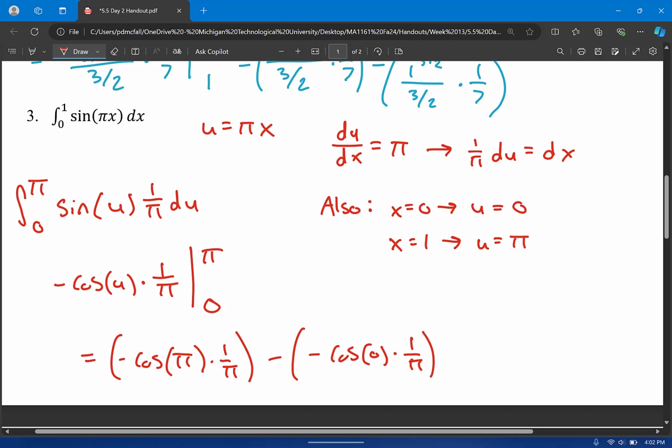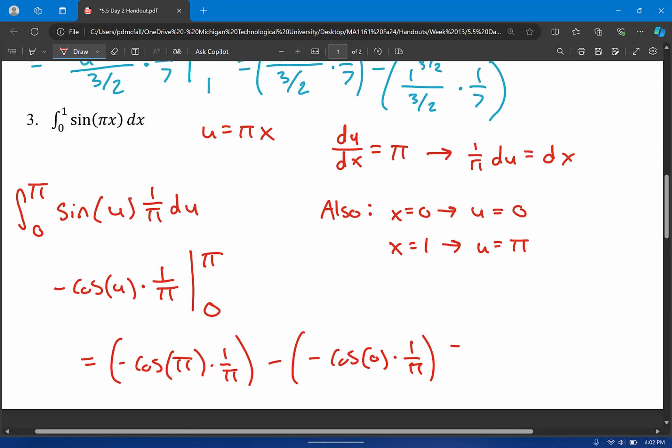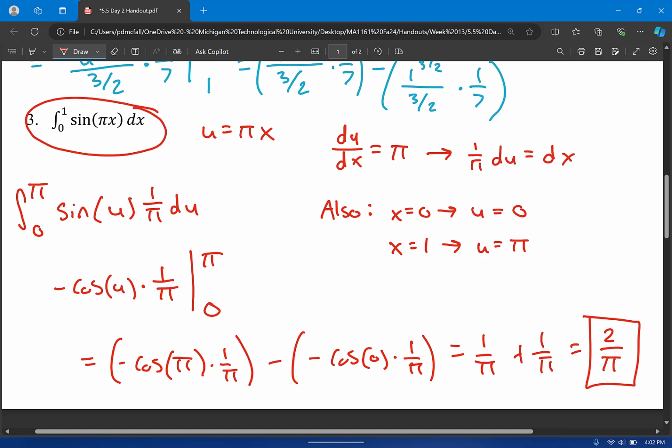All right, cosine of pi is negative 1. So you get a negative 1, so that turns to positive 1 over pi. Then you have a minus minus, so that's positive. Cosine of 0 is 1. So you get plus 1 over pi. That's 2 over pi. 2 divided by pi is the area under sine of pi x from 0 to 1,